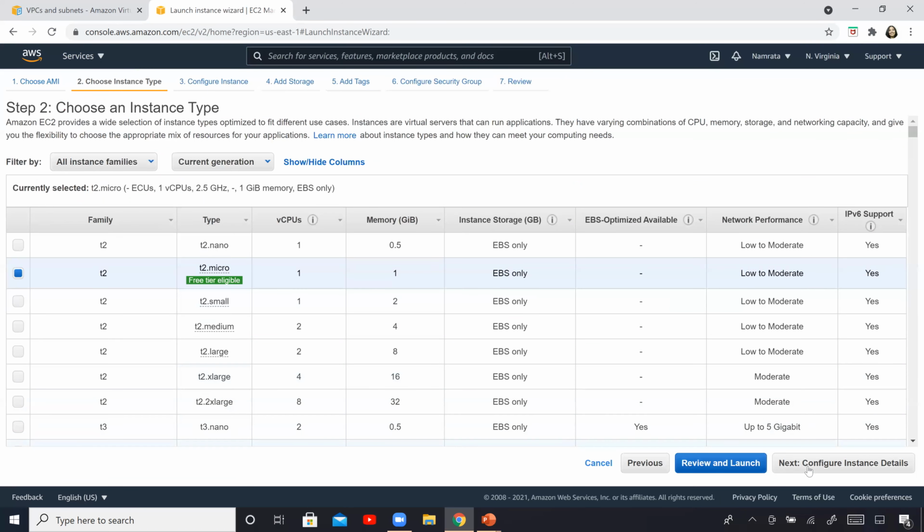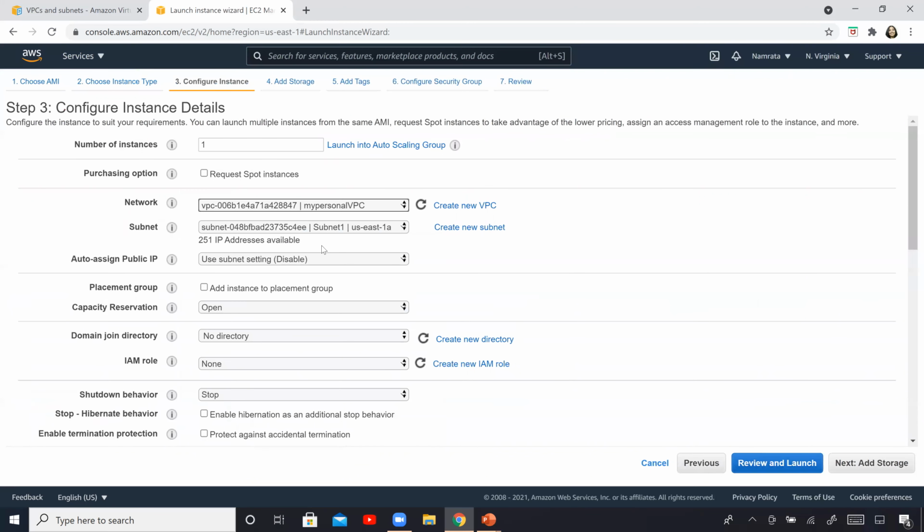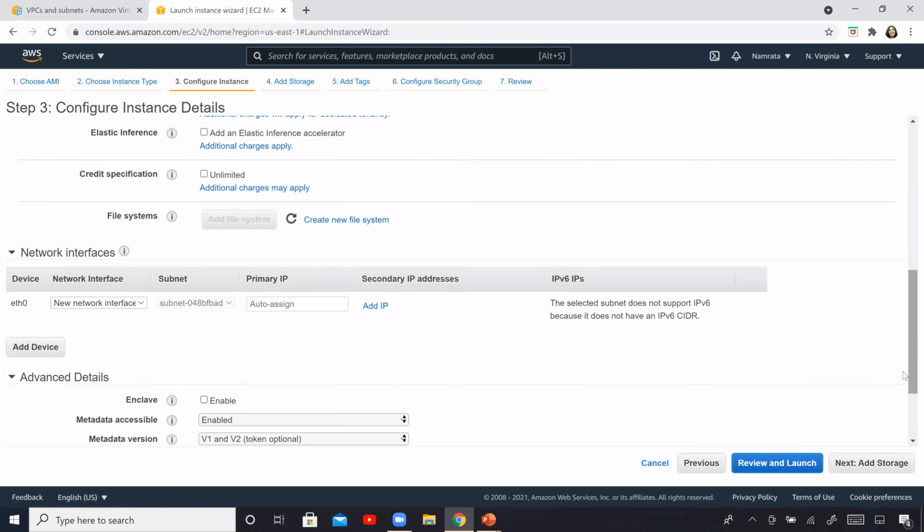T2 micro works, right? Next, I'm going to launch this in my personal VPC. We have only one subnet and it has 251 IP addresses. We will scroll down and give our IP address right here.